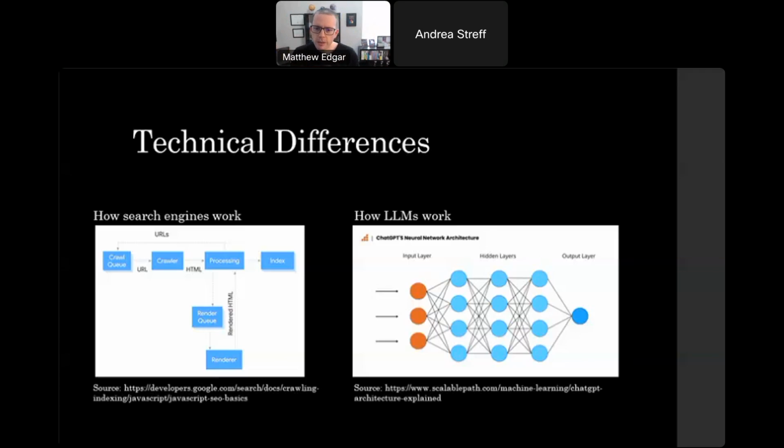In contrast with an LLM, which is the underlying model behind generative AI, there is no database of information, right? There's no database that they're drawing on. Instead, how LLMs work is they're a neural network, and a neural network is a collection of nodes. So you can see in this diagram, there's all these little circles. All those circles represent nodes, and those nodes are organized into different layers, and they're connected in different ways. So all the black lines are the connections between those nodes. How the layers work, how the connections work,